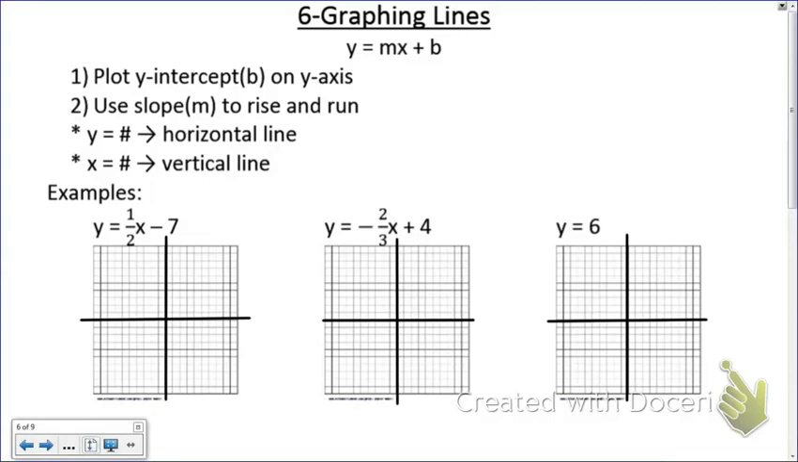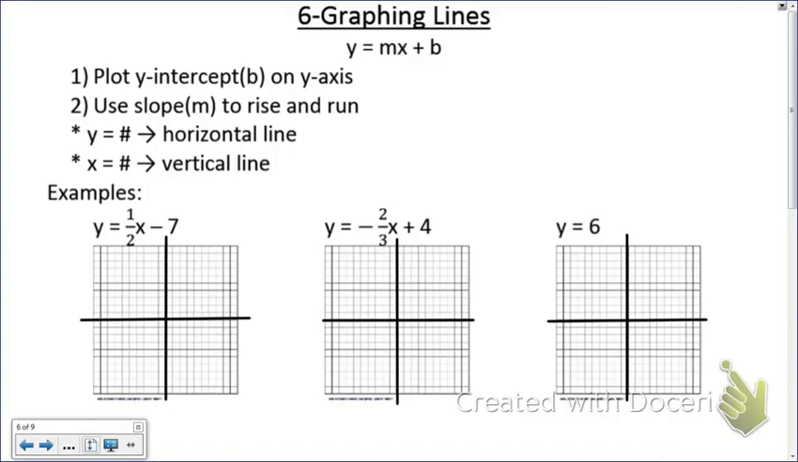In order to graph a line, it needs to be in slope-intercept form, y equals mx plus b. We will start by plotting the y-intercept, which is your b, on the y-axis, that is your vertical axis. The second step is to use your slope, your m, which is located in front of your x, to rise